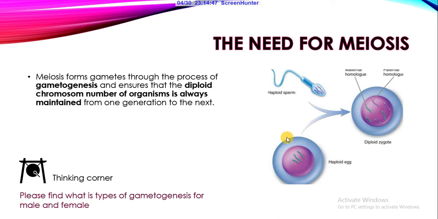It is the same with the haploid egg. In the female reproductive organ, the female has 46 chromosomes, and when it produces the daughter cell that forms into an egg, the daughter cell will have half the number of chromosomes, which is 23, half of 46. So the 23 chromosomes of the sperm, when it fertilizes the 23 chromosomes of the egg, will form back the 46 chromosomes that form a diploid zygote. That is how important it is to maintain the diploid zygote, which needs the sperm and the egg to be the haploid of their diploid parents.